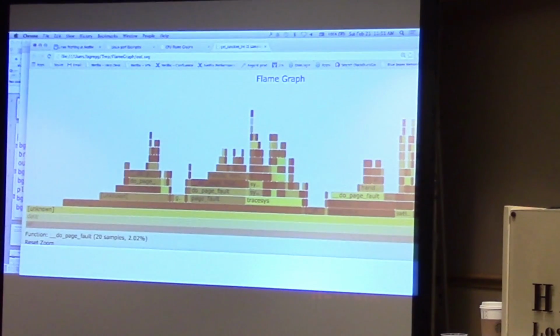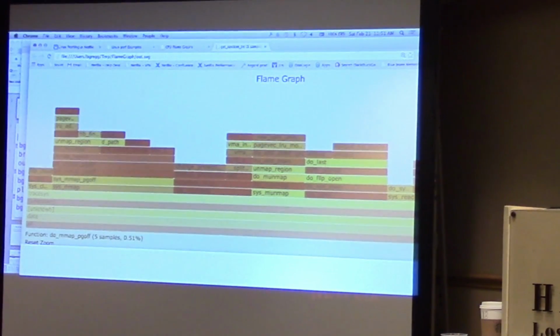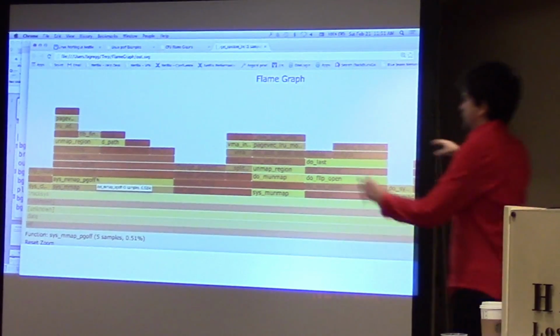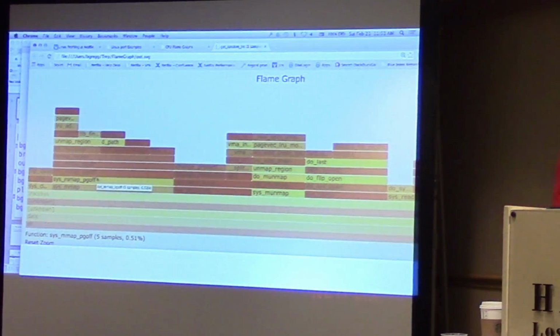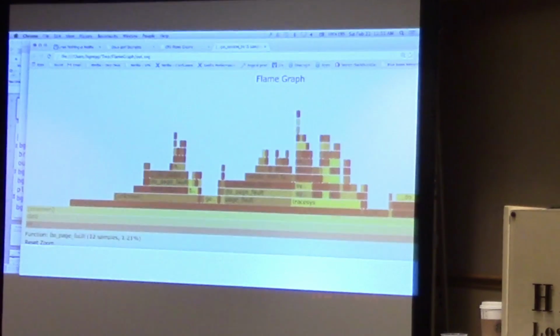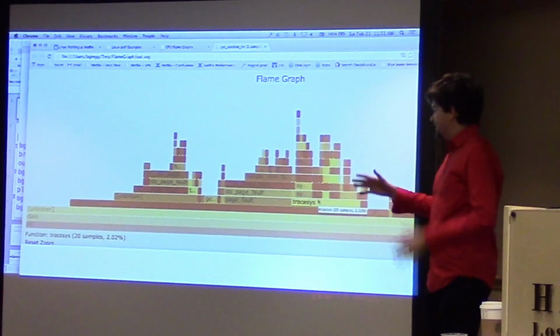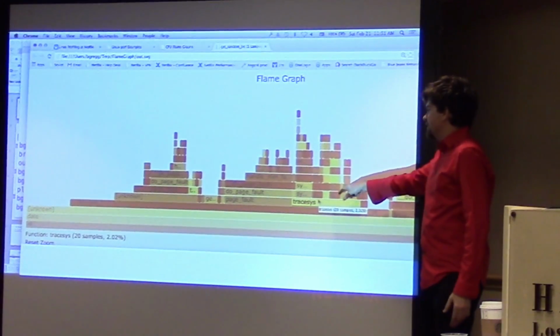So let's zoom into date. This is what date's doing once it's on CPU. We're in trace sys, and what's nice about the flame graphs is it immediately quantifies the areas of the code path. And so as a performance engineer, if I'm saying we're going to eliminate a code path area, we're going to make that vanish, I can calculate the speedup. So let's say an engineer says, yeah, we can get rid of this. We can totally get rid of this.